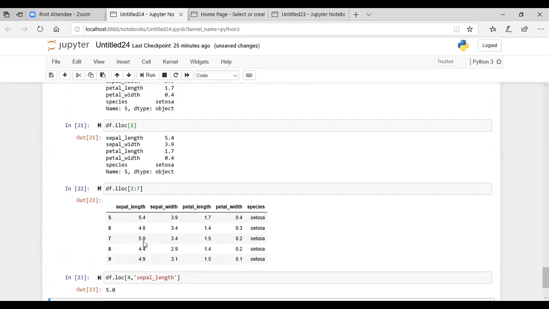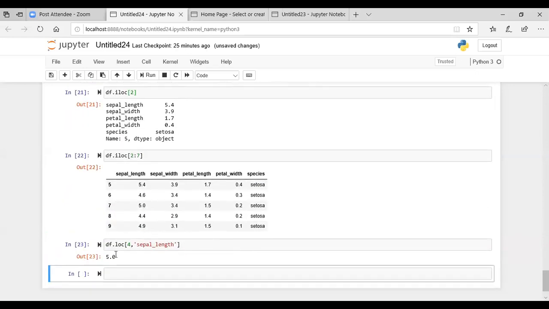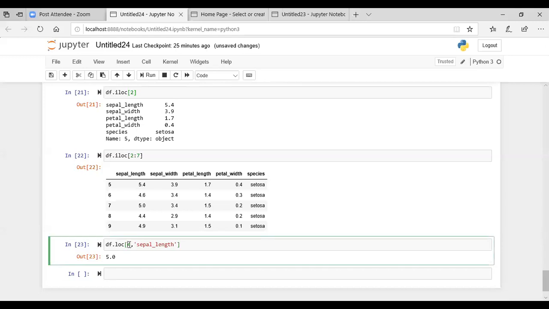You can see that value is 5. Basically you have to mention it the way you access the elements of a matrix or a two-dimensional array: the index of the row and the index of the column. It will give you the element at that specific row and column, the intersection of row and column.